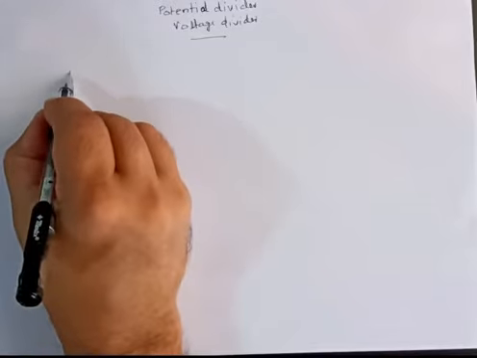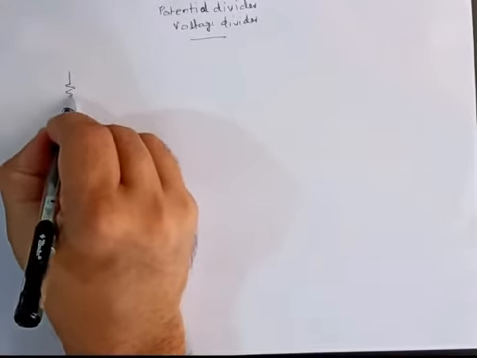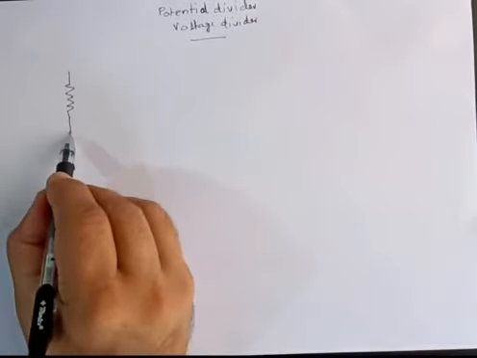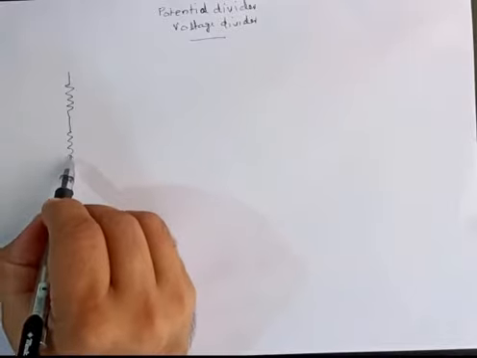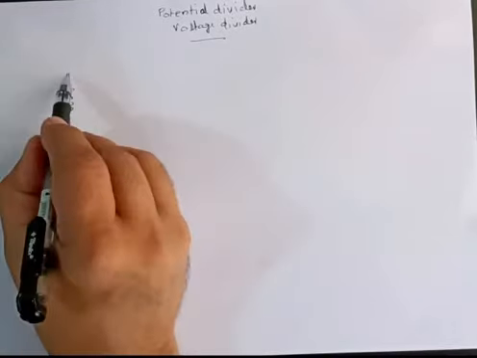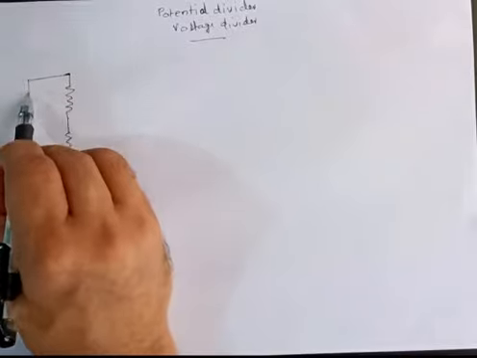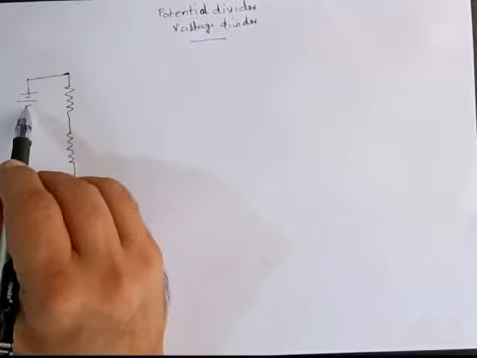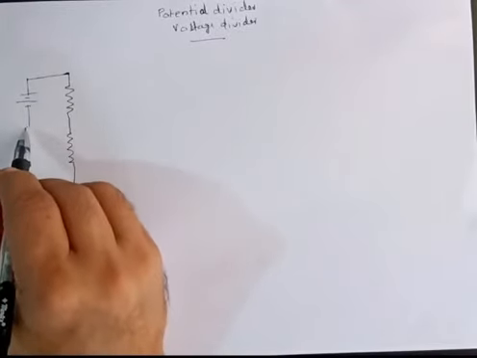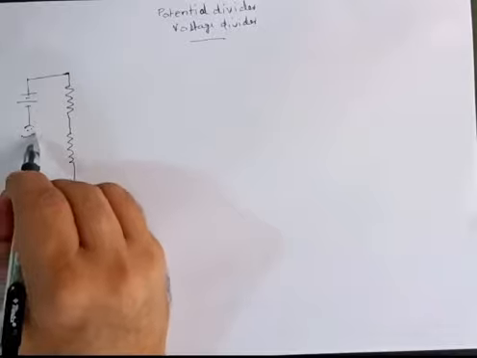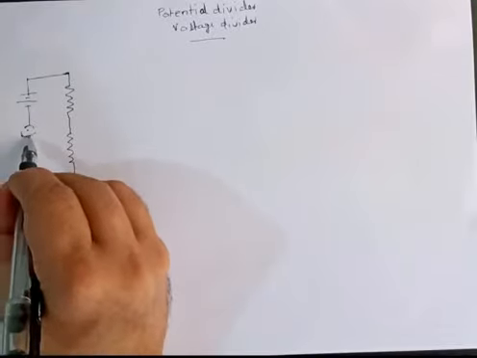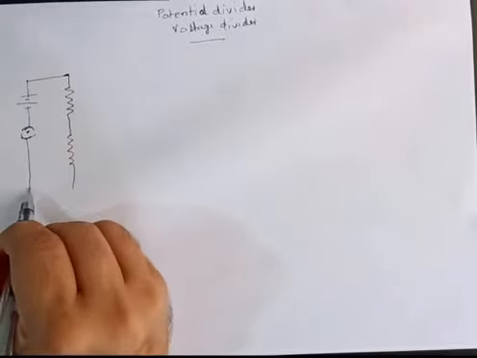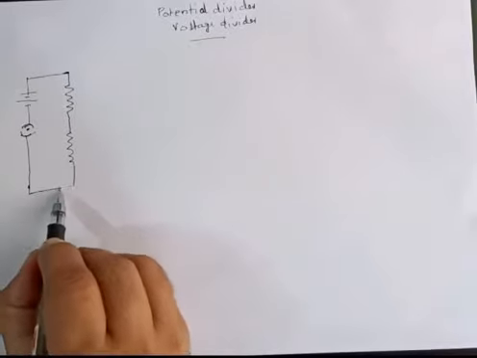We have two resistors connected in series. Here we have one resistor that's being connected in series with another resistor. Then you connect them to a constant DC power supply. So here we have a constant DC power supply of specific value as you require, and you may connect a key here to control the circuit. Like this is a plug key, and we complete this circuit. Right, this is what we have.